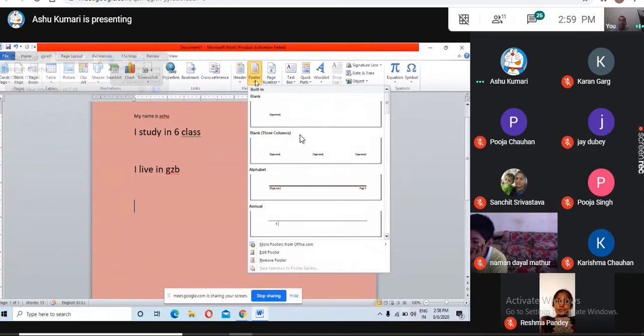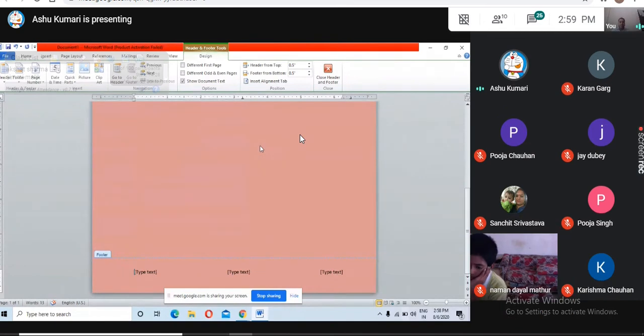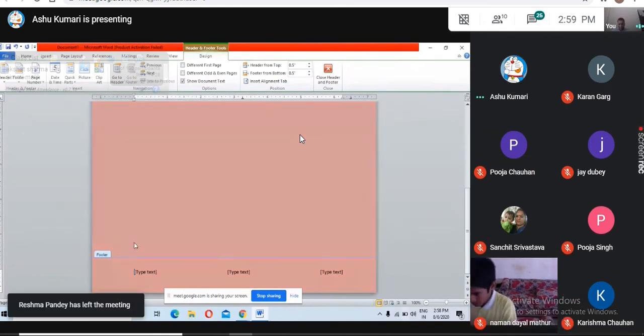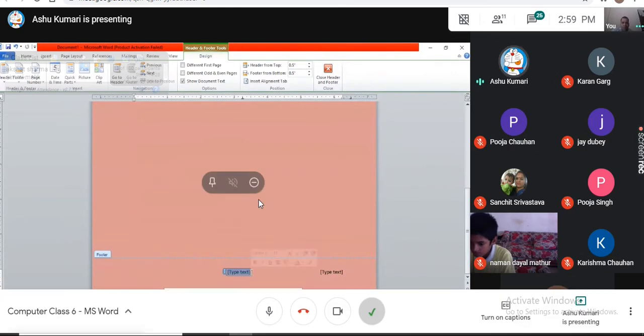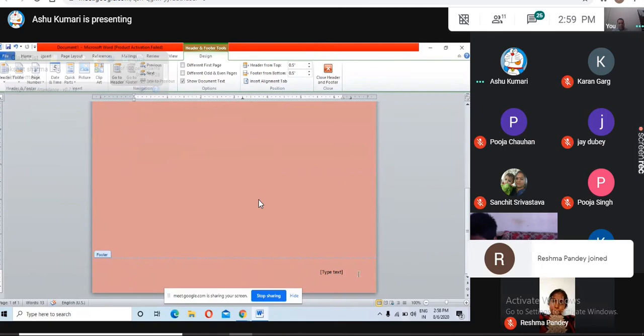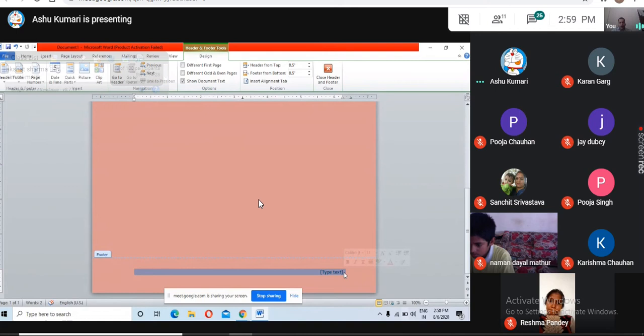Okay, click on any of the options. Click on anyone. Click on that. So you can type the text here as well at footer. Okay. So you can clearly see the header and footer. We can type the text, and that is fixed